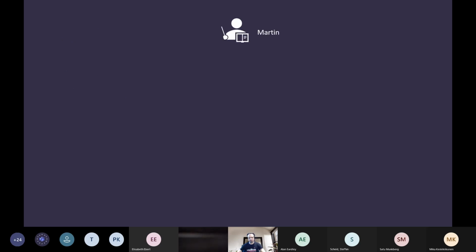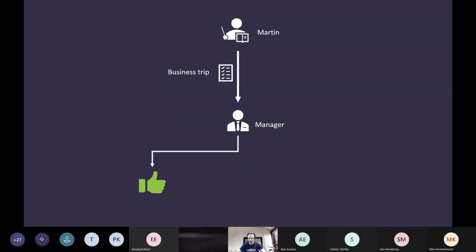So the stage when some employee sends a request to a manager, a group of managers, maybe a different department, and asks for approval, acceptance, asks for some action, and that manager can approve that request. That's the positive